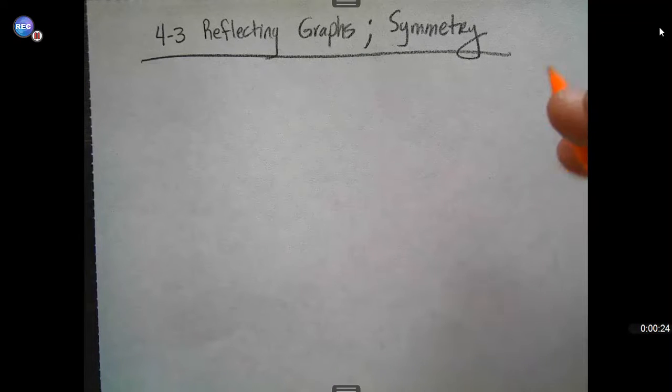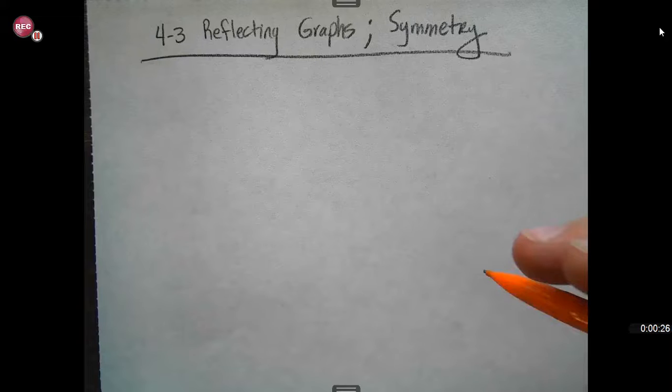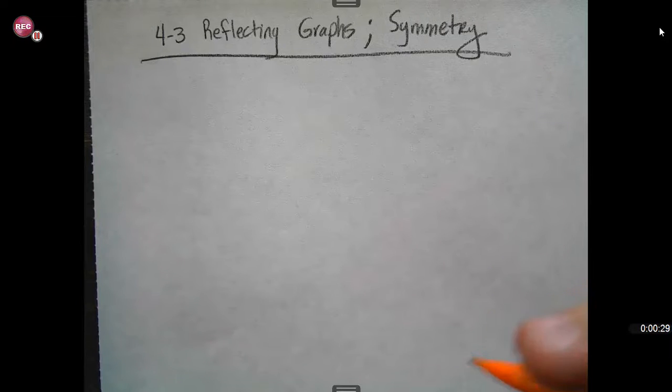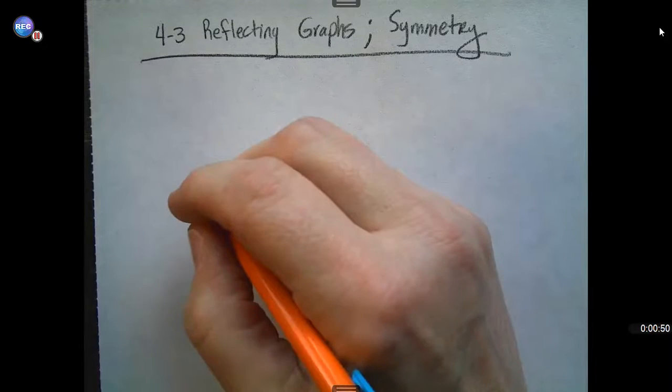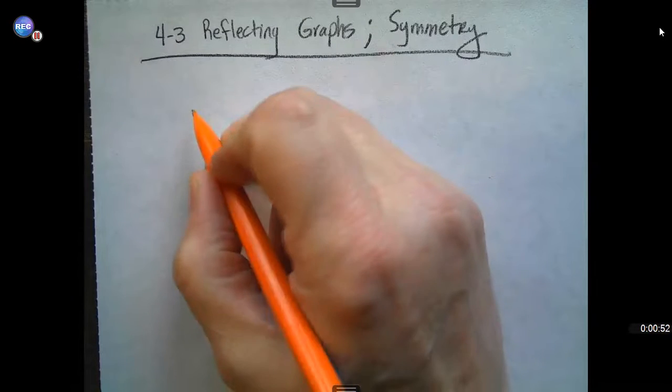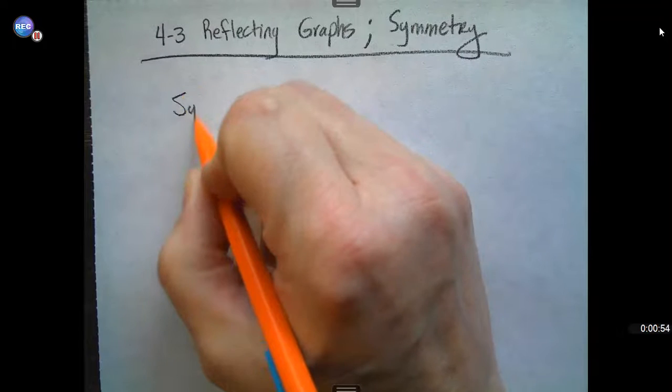And if a particular function has a certain kind of symmetry, it can be classified as an even function or an odd function. And we talked about that before when we studied even degreed functions and the sum and product of their roots compared to odd degreed functions and the sum and product of their roots. So the different types of symmetry that we're going to talk about, we'll start with symmetry